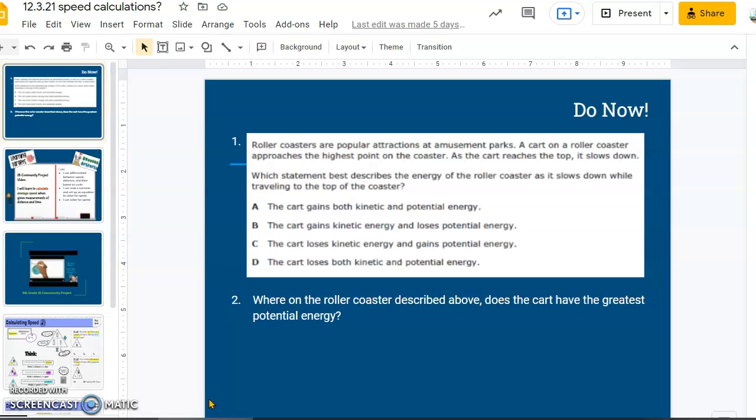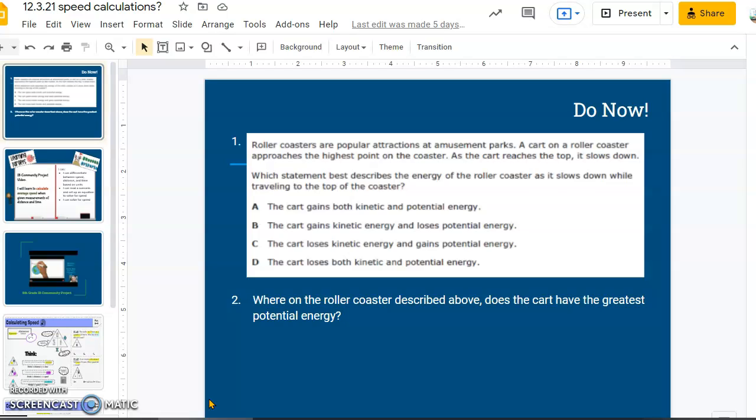Question 1. Roller coasters are popular attractions at amusement parks. A cart on a roller coaster approaches the highest point on the coaster. As the cart reaches the top, it slows down. Which statement best describes the energy of the roller coaster as it slows down while traveling to the top of